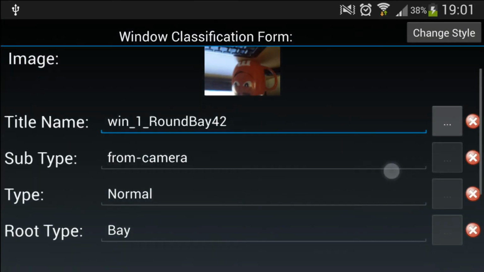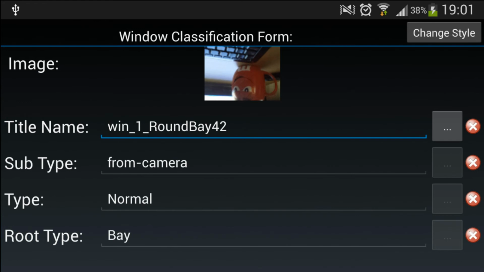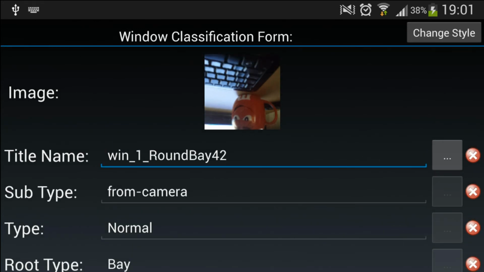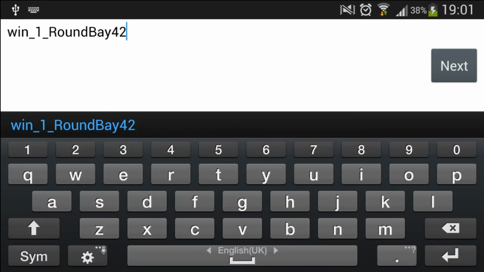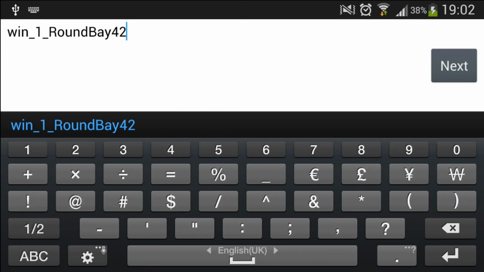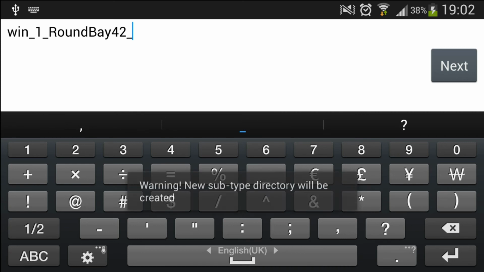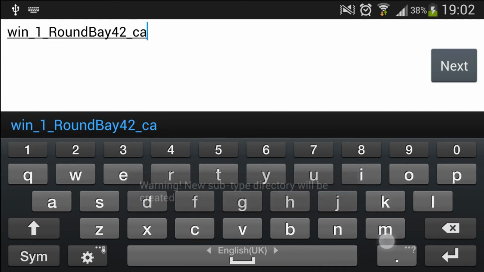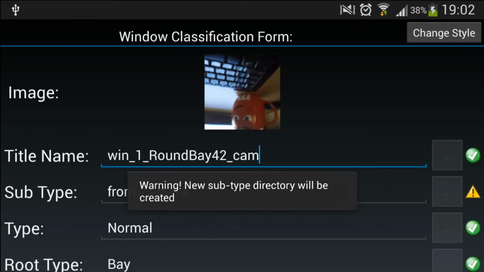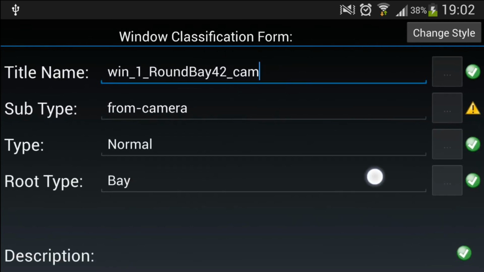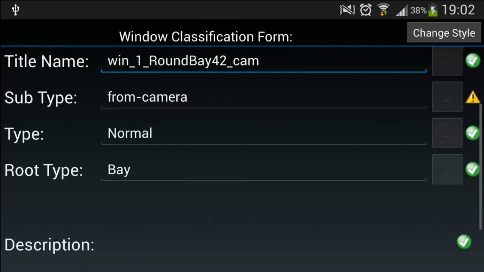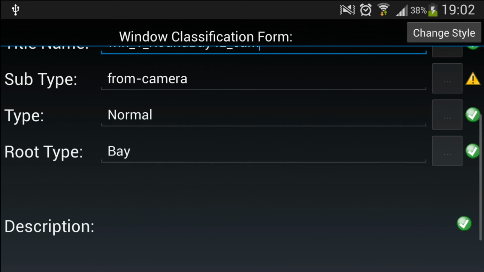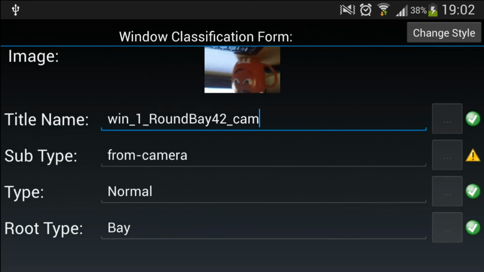Okay, now I need to specify the name for the new image. So let's say .com, and now I see that on the right side of the screen everything is green, and a new type of folder will be created from camera.